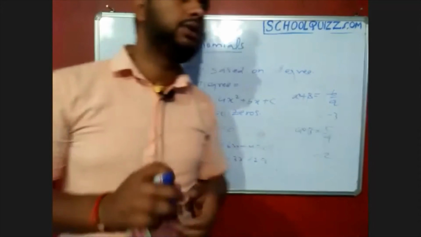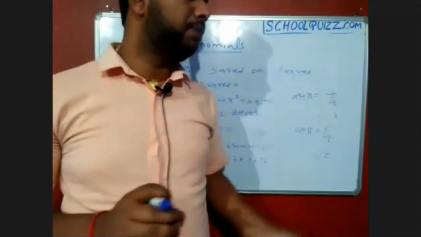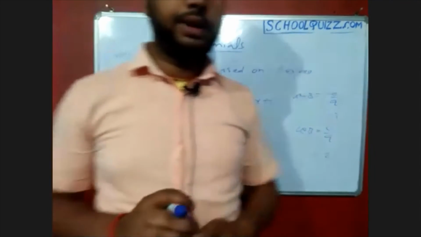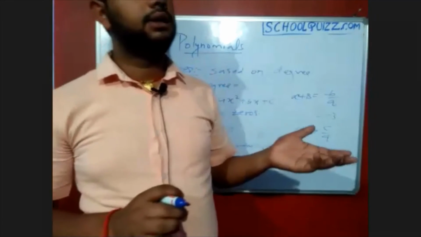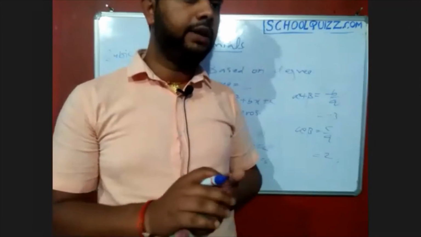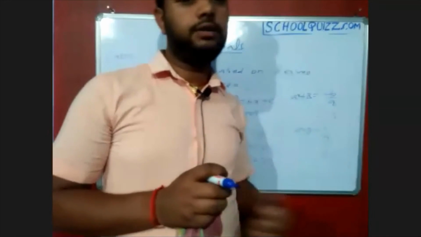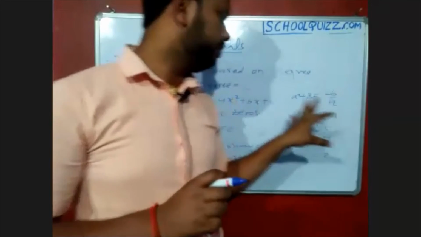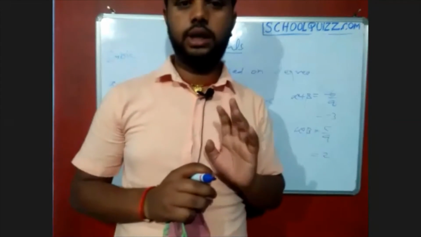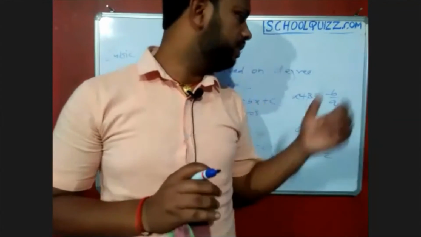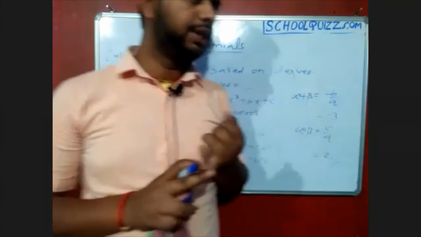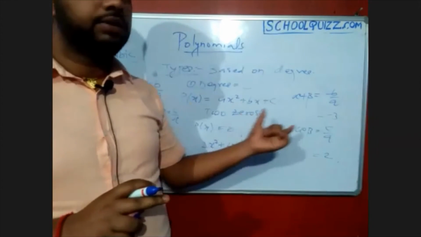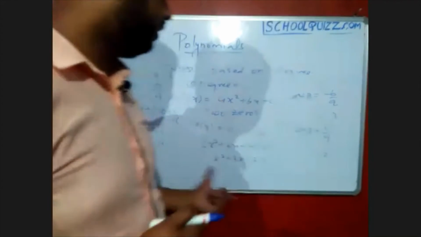So how will they ask you the questions? They will give you one polynomial, and they will ask you to find the zeros of that polynomial. After that, they ask you to verify by the coefficients. Okay, by using the coefficients, verify those zeros, whether the answer you are getting is correct or not. So maybe a 1 or 2 marks question they will ask you from this, by using the relationship between the coefficients and the zeros. You have to verify that. Okay, so you can verify like that.